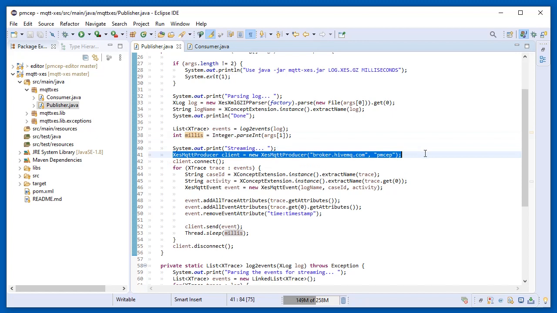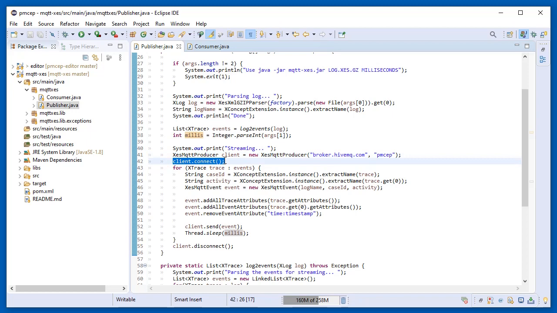Then the XES MQTT producer is constructed, and it takes two parameters: the first being the host name of the broker, and the second being the base name of the topic where events will be published. Then the client connects to the broker, and for each event of the log, the corresponding XES MQTT event is constructed by using the constructor that takes the name of the log, the process instance ID,